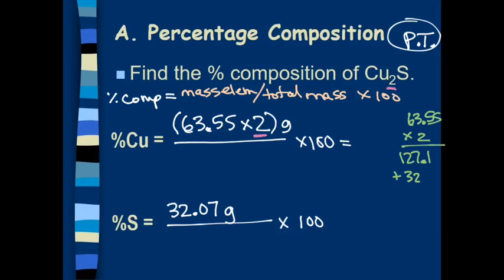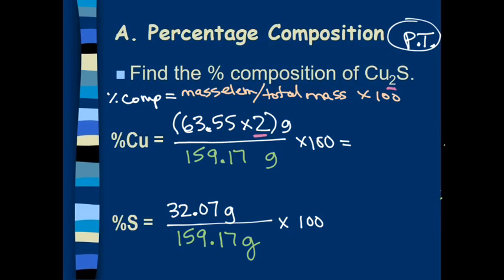Adding on to that the mass of sulfur, 32.07. And we are going to get 159.17. So that value for total mass, 159.17 grams, goes into your denominator. Okay, heading back over here to our math calculation. You should be able to put all of this into your calculator pretty good. Again, don't go crazy on rounding one way or another, but our percentage here, the top, is 79.85% copper, and at the bottom we're getting